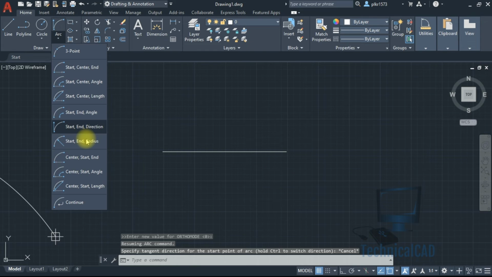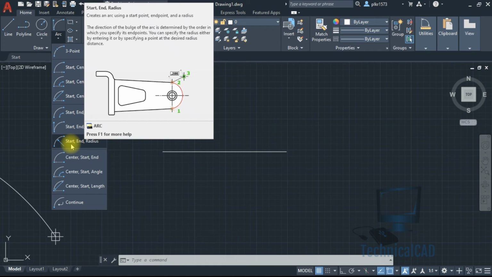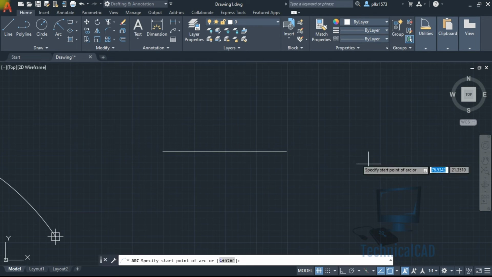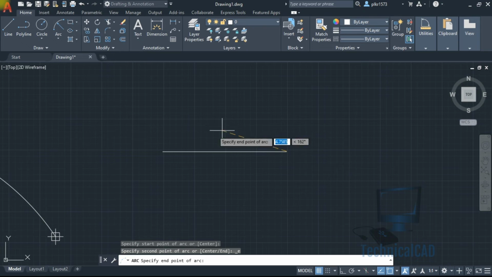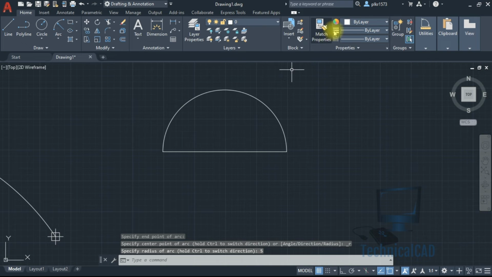Next option is start and radius. Here starting point, ending point and radius we have to select. My start point, end point, the radius of 5 mm.